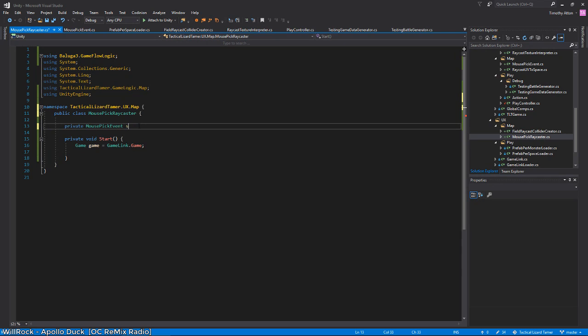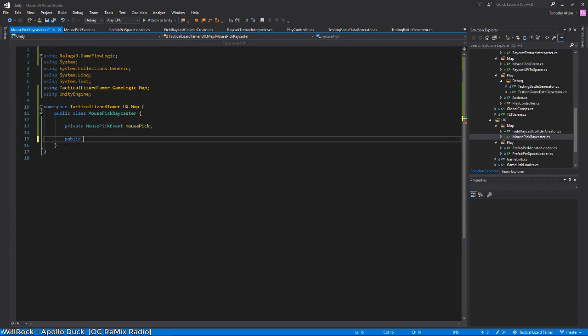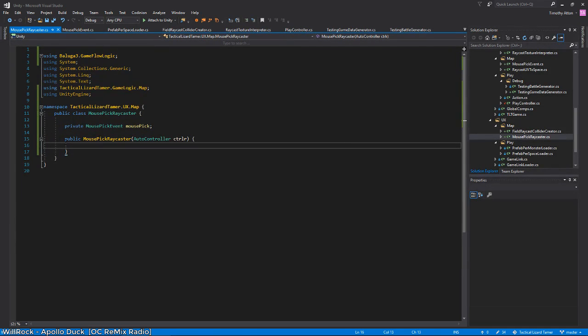Yeah, can't do events. Let's pick Raycaster, and it will just want any old auto controller. Alright, so mouse pick equals controller dot components get or register. Okay, now this, yeah, we're gonna need to make a separate